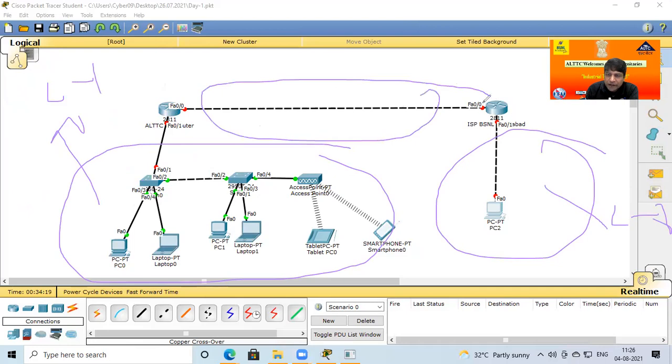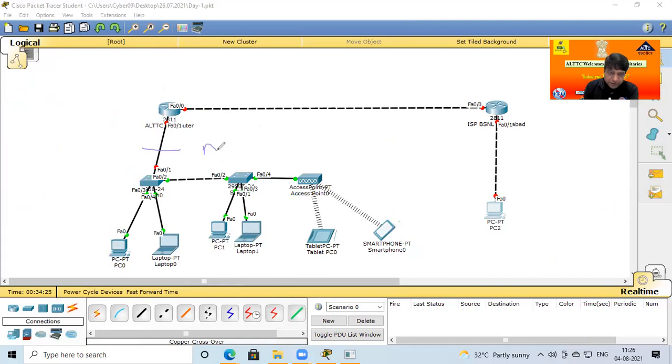Each is a LAN because they are all directly connected there. So in this network we have 3 different networks: this is network 1, this is network 2, and this is network number 3. Okay. So tomorrow in this session, allotment of IP addresses to these computers and how communication is possible.